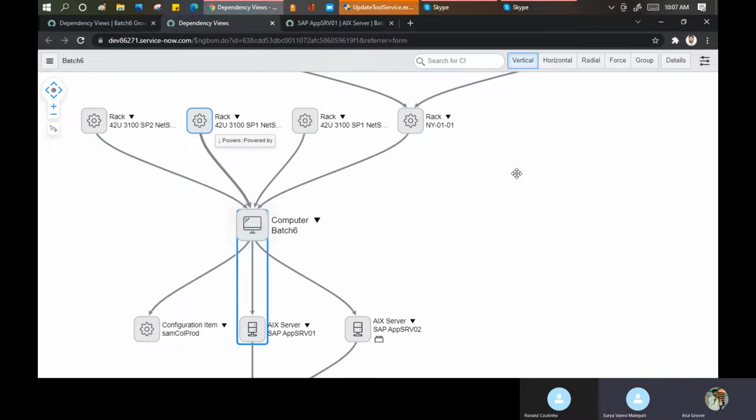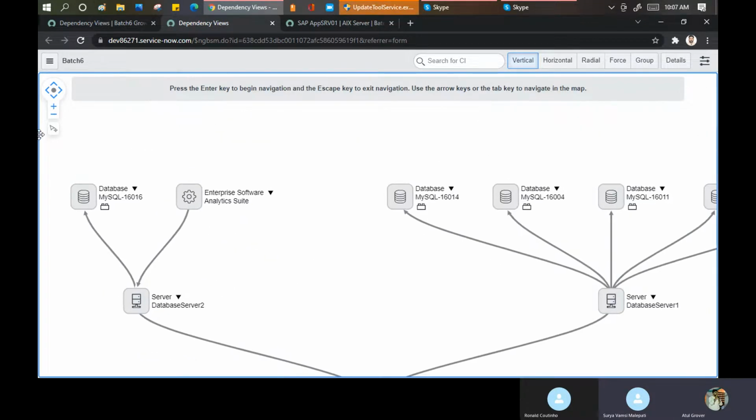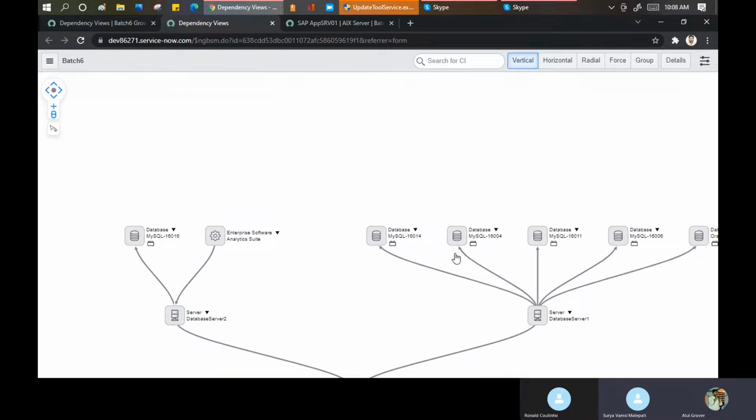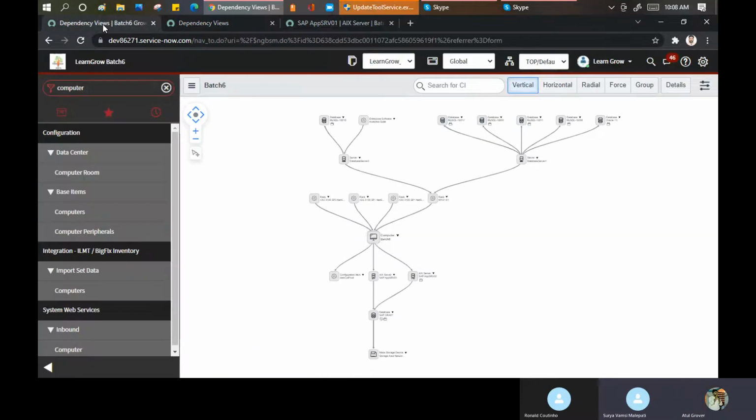Let me scroll a little up. Okay. Let's see, it is the opposite arrow, right? Yeah. References. It is the references only: on this server, I have these many references available, kind of your instances are running on them. Okay. So this is the basics of our CMDB relationships.